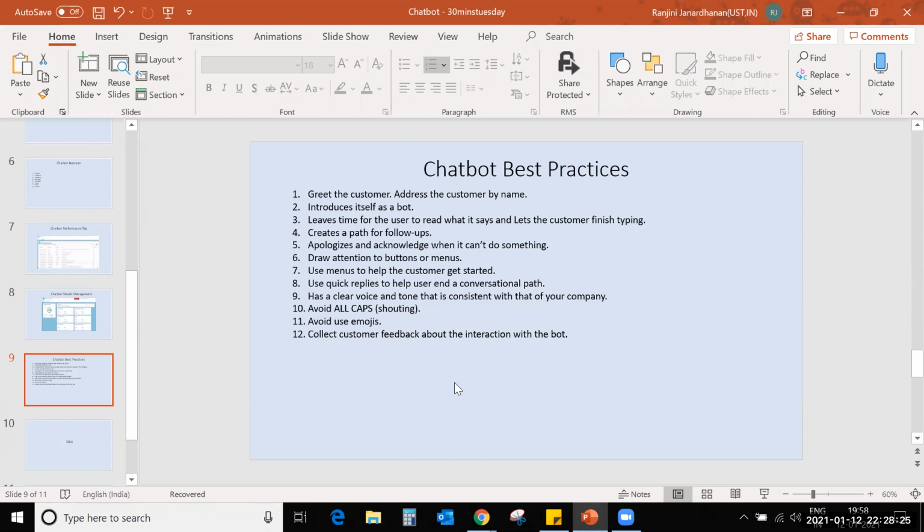You should greet the customer. Make sure the bot is greeting the customer. You can greet the customer by name, and you can actually configure that. It's better to greet the customer by name and introduce the bot as a bot, not as a human.